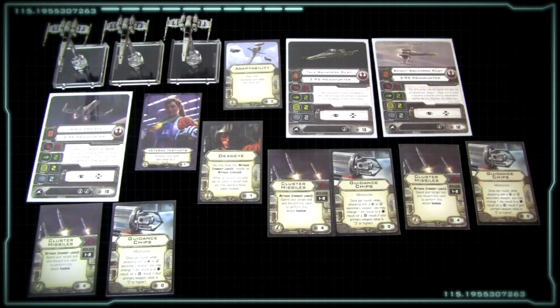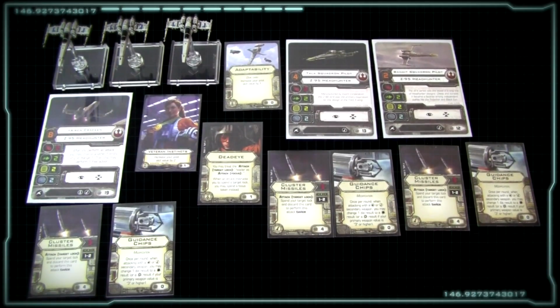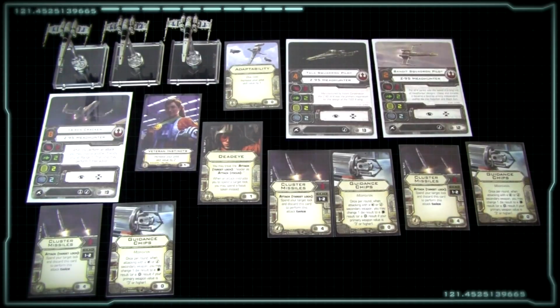So you're at a higher risk of taking damage coming in to get into range 1 to 2 to get off this combo. But if it does work, it's incredibly brutal. So let's jump right in and do a quick overview of what I use for my medium to short range Z95 Alpha Strike. So first of all, we're looking at, just like the previous video, 2 Bandit Squadron pilots or